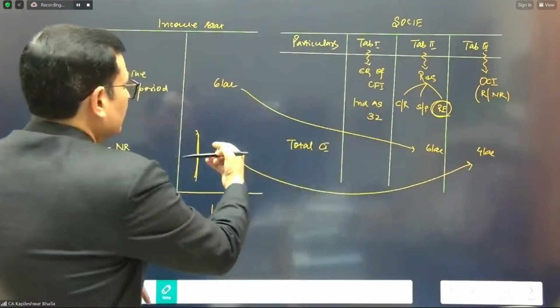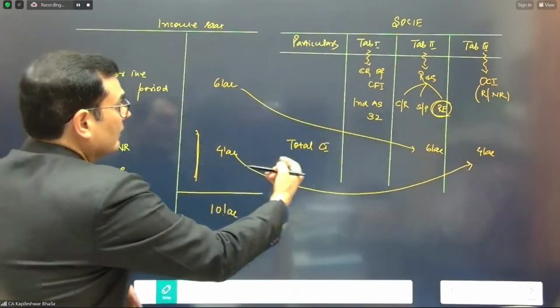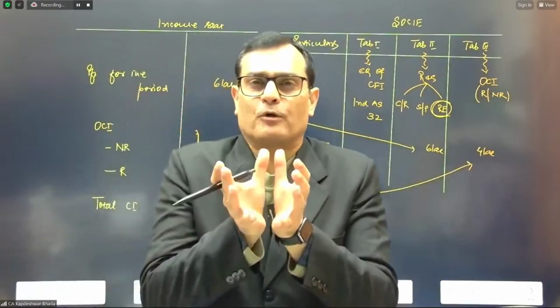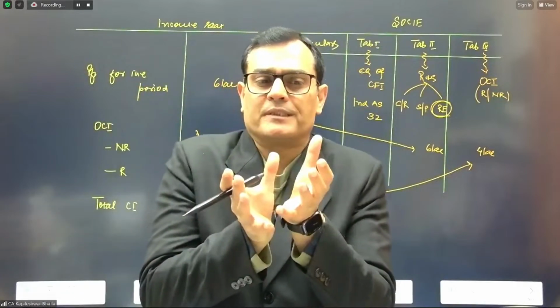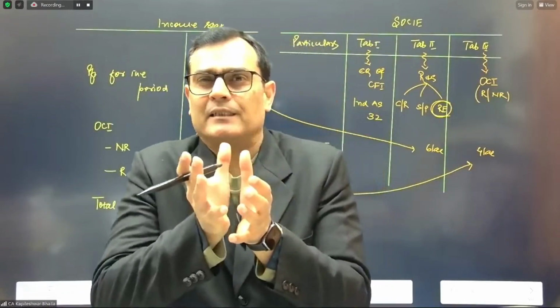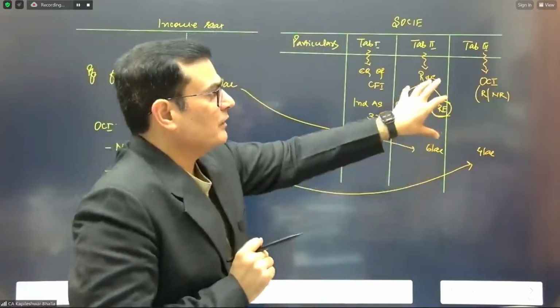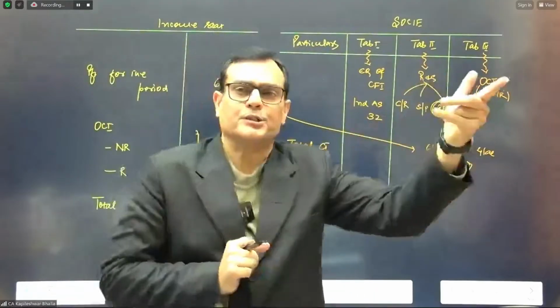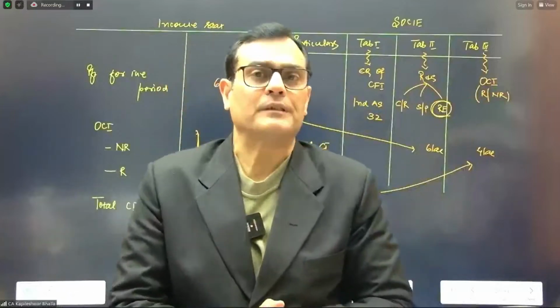Whatever is entered in the OCI R and NR is taken in tab number 3. So the profits comprise the profit and loss section and the OCI section. The profit and loss section enters in tab 2 RE, and the OCI section enters in tab 3. Now,